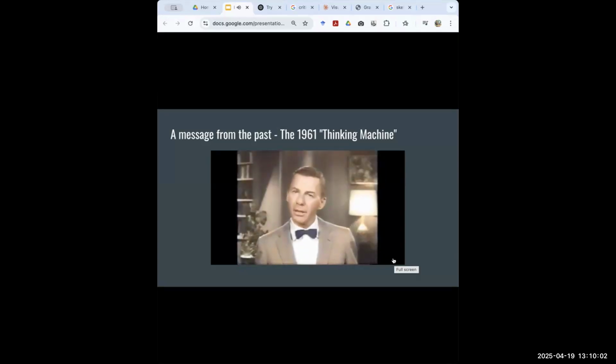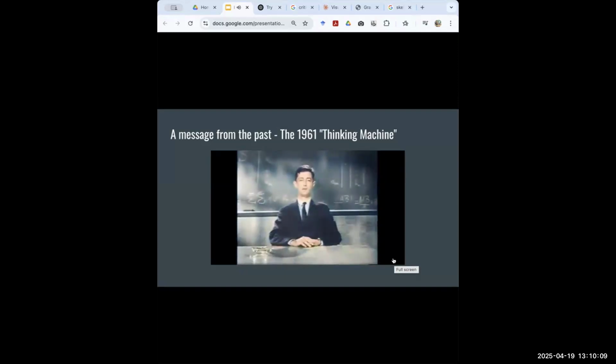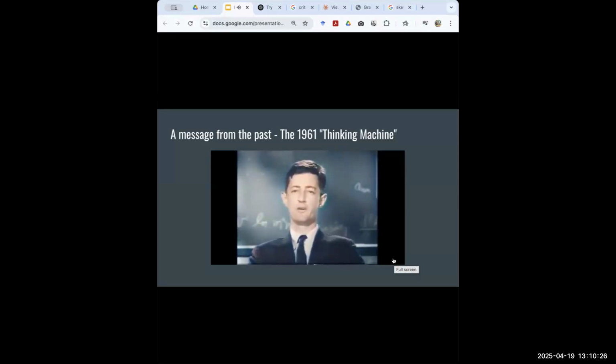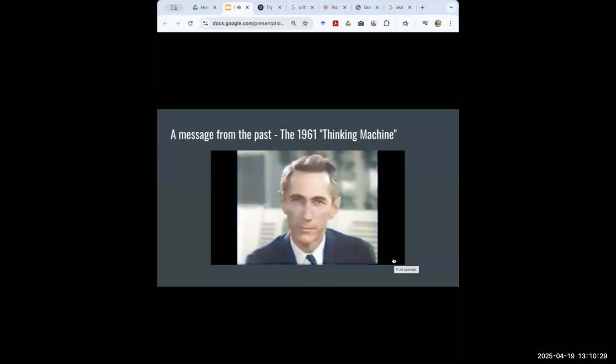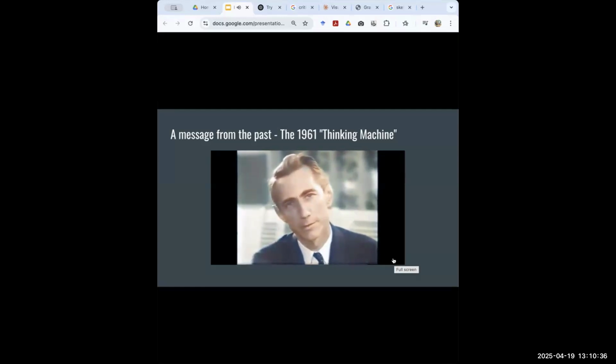Can machines really think? Even the scientists argue that one. I'm convinced that machines can and will think. I don't mean that machines will behave like men. I don't think for a very long time we're going to have a difficult problem distinguishing a man from a robot. And I don't think my daughter will ever marry a computer. But I think the computers will be doing the things that men do when we say they're thinking. I'm convinced that machines can and will think in our lifetime. I confidently expect that within a matter of 10 or 15 years, something will emerge from the laboratories which is not too far from the robot of science fiction fame.